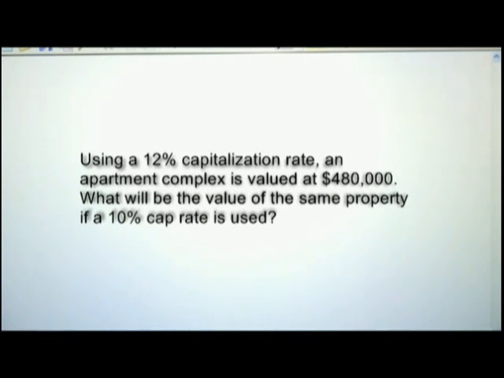Well, if you remember your relationships, when the value and the cap rate are compared to each other, it's an inverse relationship. That means that since the cap rate went down, the value should go up. So you should have an answer greater than $480,000. So if I do my T's, and I'll need two T's to make this work,